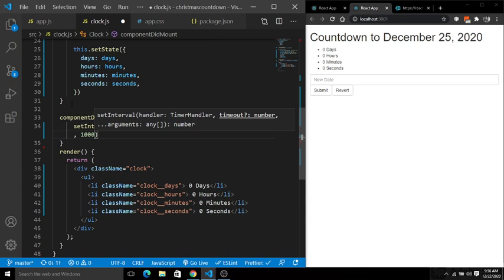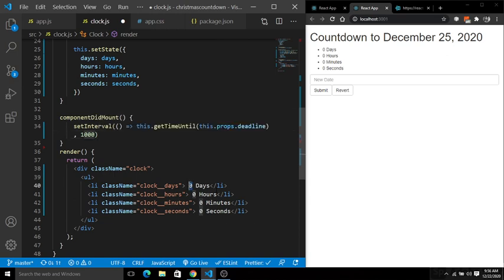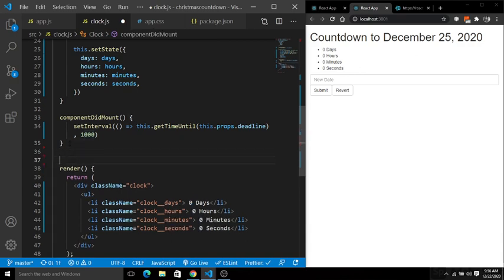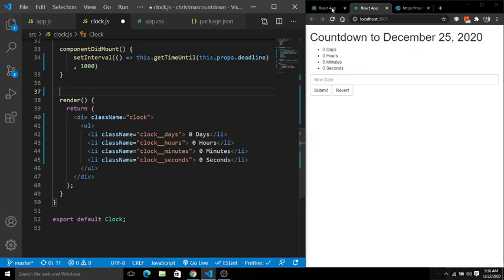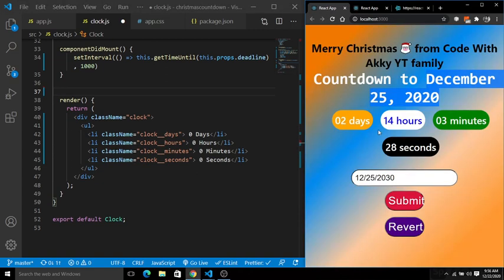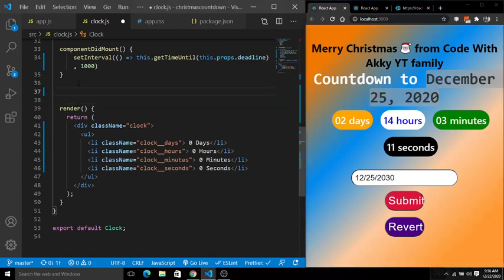Now next we have to set the days here. To make the user interface look just like this, 0 days, what you have to do is create another function. When the number is less than 10, a 0 will be concatenated before the number. So for this you have to create another function.